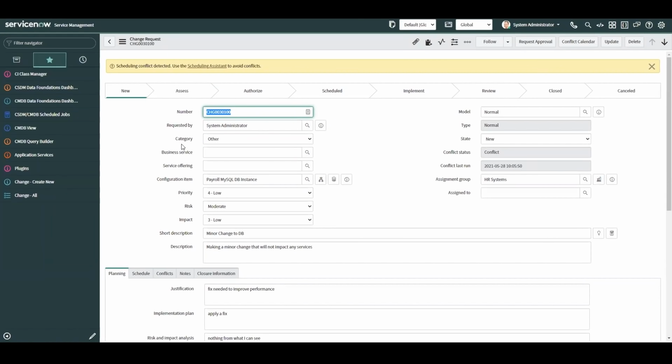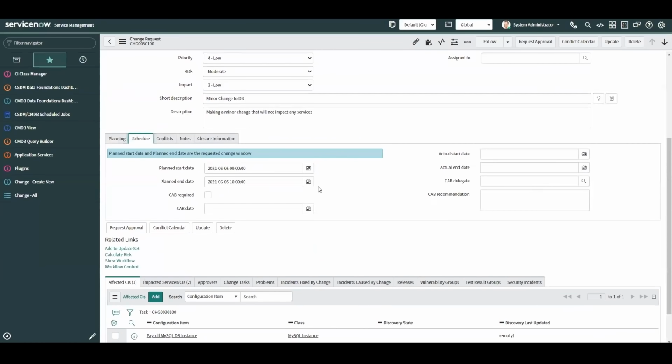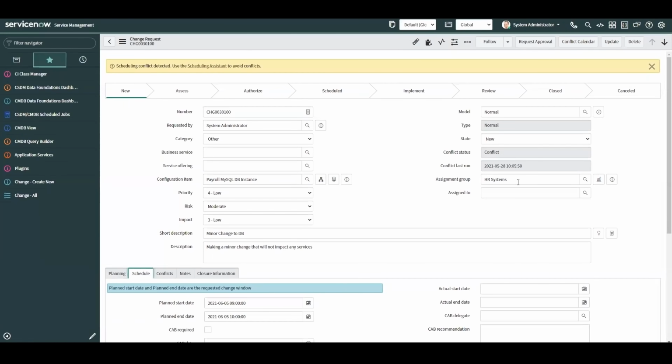So I had this change open here, and let's say I'm a DBA. I'm opening a change against this payroll SQL database instance, right? And it's a minor change. From what I could tell, this is not going to impact any services. This is typically what I would do to get this change approved. It's low, moderate risk. I've scheduled the change for a specific time. As we previously mentioned, we could auto-populate this assignment group based on this value. So the assignment group on this record is HR systems. We could automatically tie that in so that the user isn't left guessing